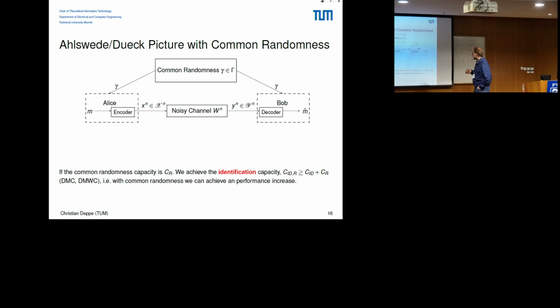Yes, and this was also the reason why Ahlswede thought in the 90s, when I heard a lecture of him, around '94, that the common randomness capacity is the same as the identification capacity. For some channels it's true, but later he found a counterexample in one direction, that the common randomness capacity is bigger than the identification capacity, and later Christian Kleinewächter gave also an example that could be in the other direction. But these examples are always about channels with memory.